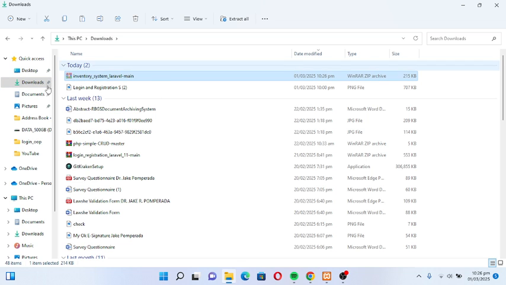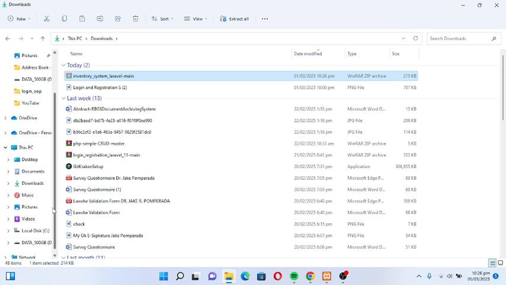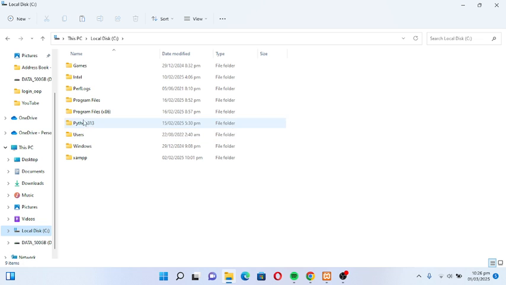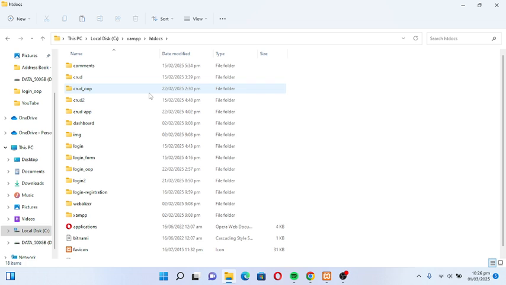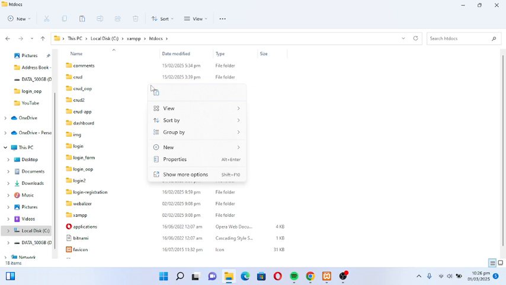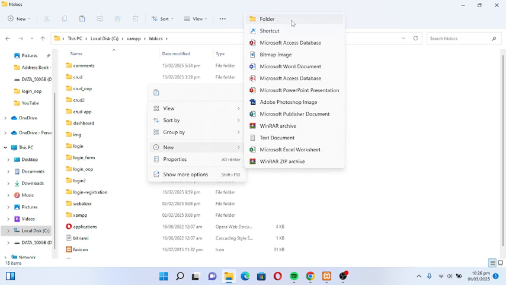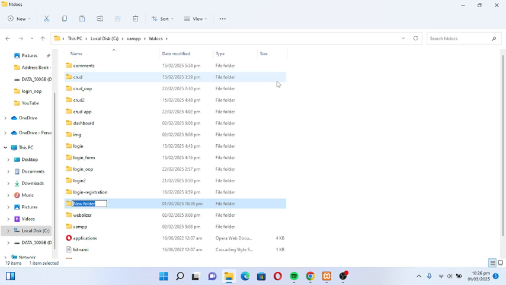So let us copy this file, and then our computer is in Drive C, XAMPP, htdocs, we create a folder here, new. Let's say we will call this folder inventory.